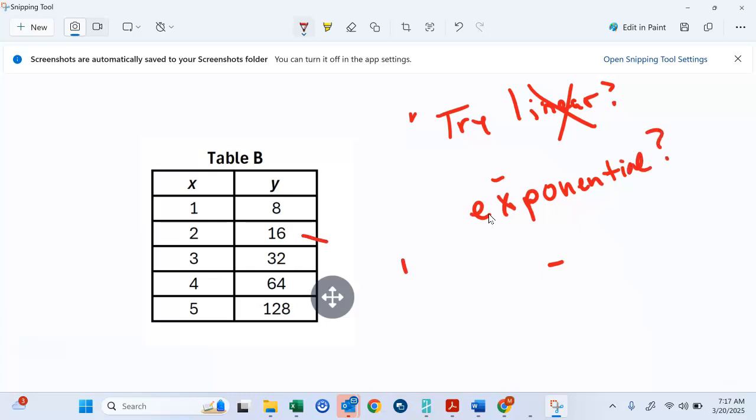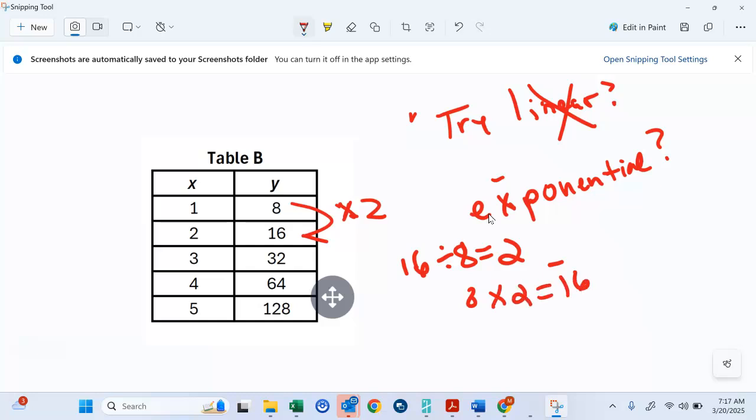So we're going to go 16 divided by 8 is 2. So this one times 2. So 8 times 2, right? Okay, and then we see if it continues. So then we say 16. Is it times 2 also? So 16 times,